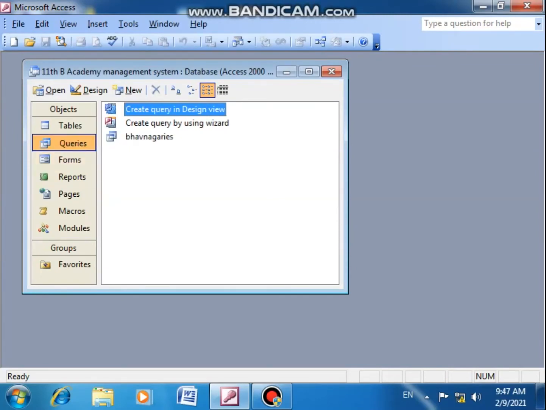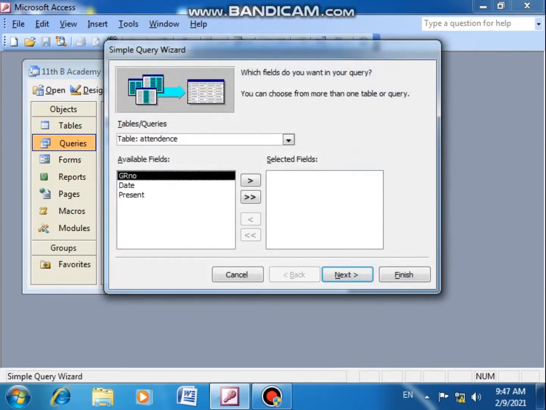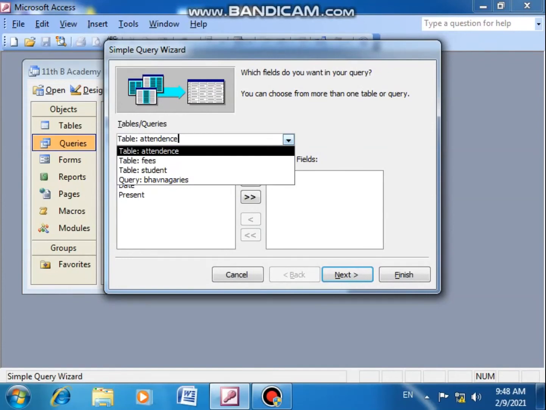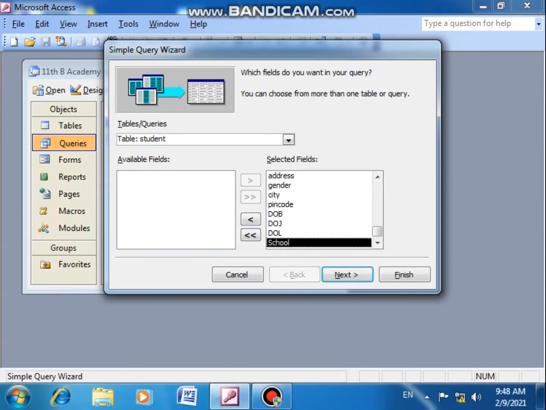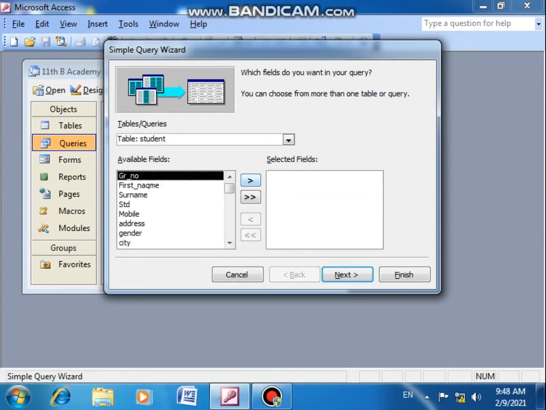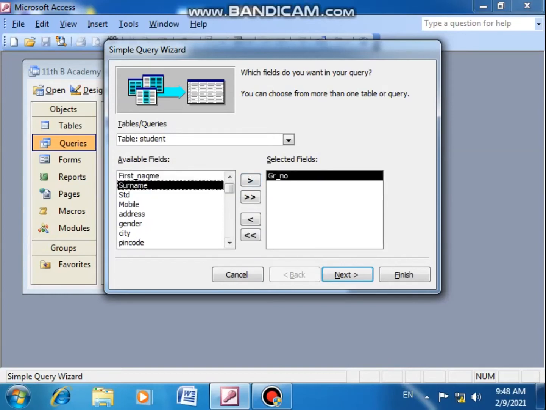Okay, before that, create query using wizard. Double click, it will ask me which table I want to use. I say student. Wizard is a step by step process. You have to go on selecting the proper option and click next. So here I select student. For example, if I want to see all the records, I have to use this button to shift all the fields. If I don't want to use all of them, if I want to use specific fields, I have to go on clicking here.